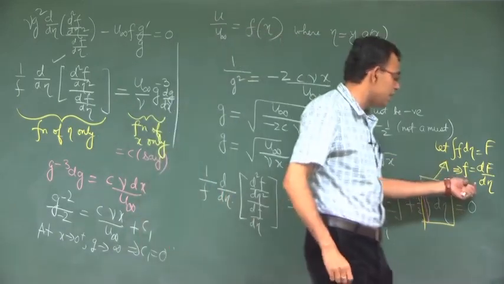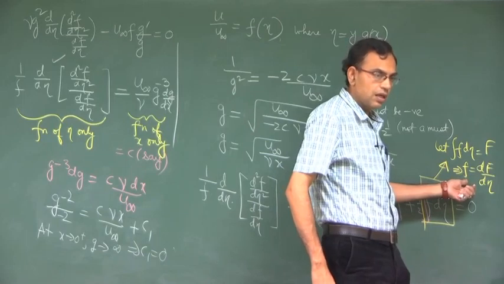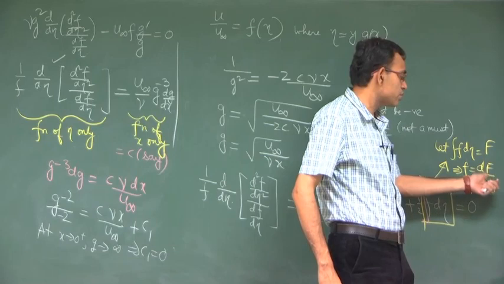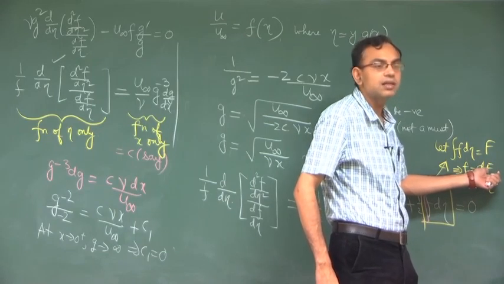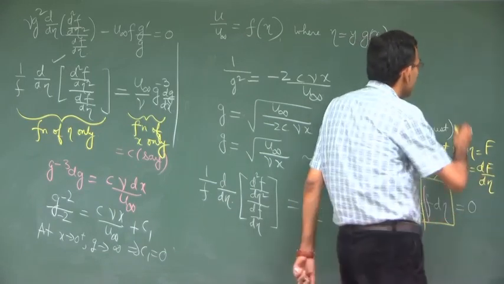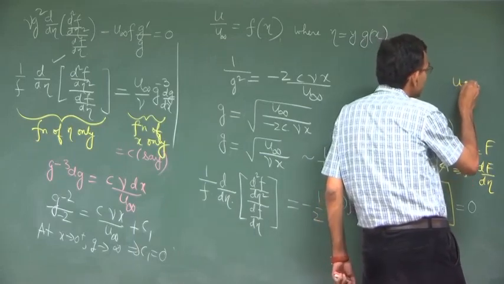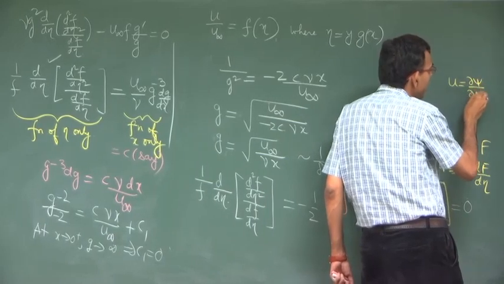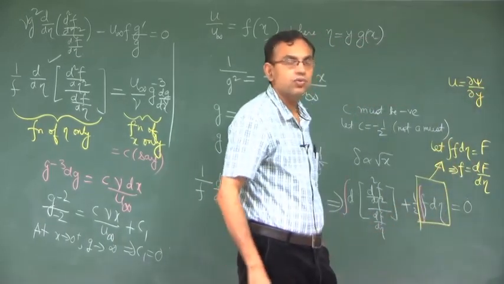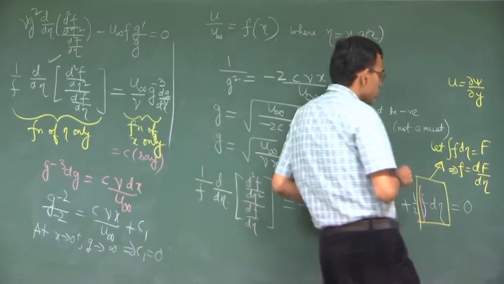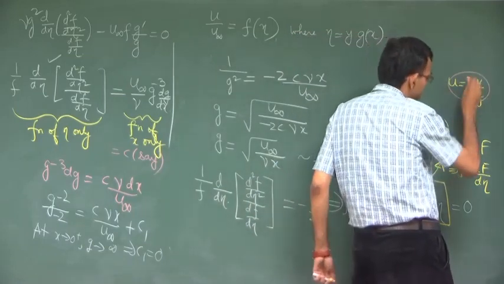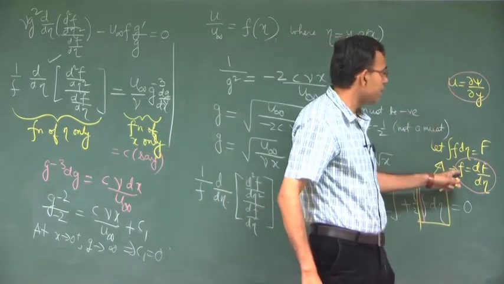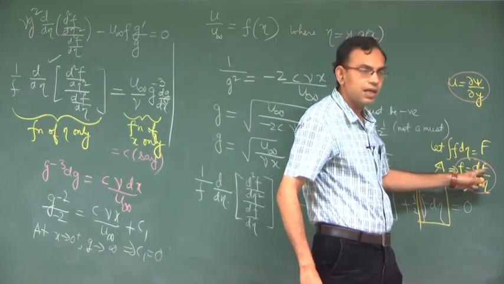Remember, this f physically is velocity and this is the cross gradient of some function f. So, capital F is physically like the stream function. Recall, the physical meaning can be established by noting that u is equal to del psi del y, that is the definition of stream function for 2 dimensional incompressible flow. So, try to establish an analogy of this with this one, right. u is represented by f and psi is represented by capital F.